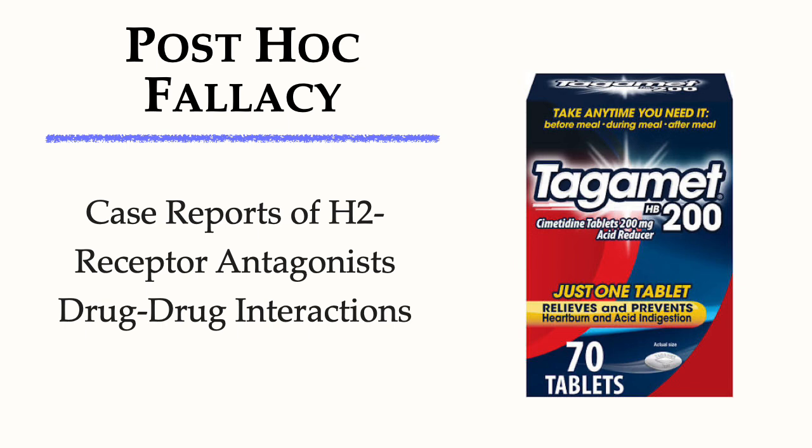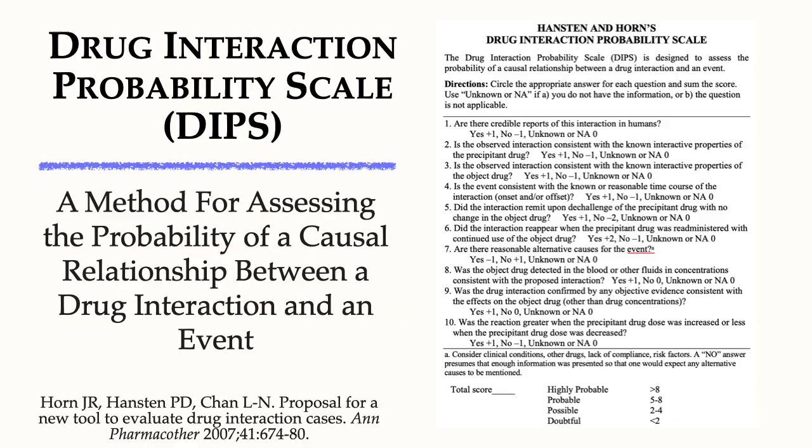People were using the Naranjo algorithm, which is commonly used to assess adverse reactions to individual drugs, not drug interactions. So it didn't work, but they used it anyway. But there were many other problems with these case reports. So I proposed a new tool, the Drug Interaction Probability Scale, DIPS. It was based on the Naranjo algorithm, but it was tailored to two drugs, a drug interaction, instead of just one drug.